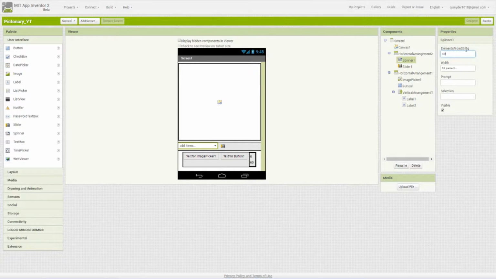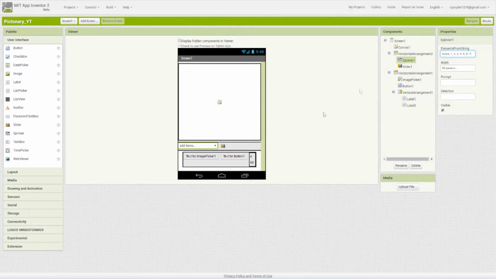The first one is going to be colors. This is what people see when they boot up the app, and this will be what displays on the slider. So the first color we're going to put in is 1, 2, 3. Now what you can do, instead of numbering these, is put in the actual color name. Because I'm doing 7 colors, I'm just going to number them and guess and check myself when we use the